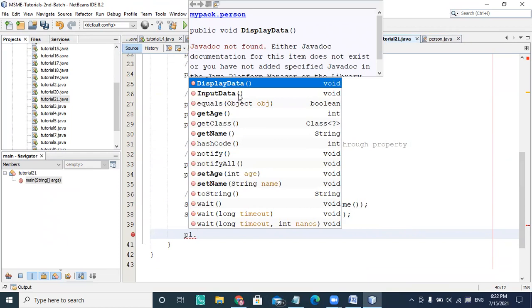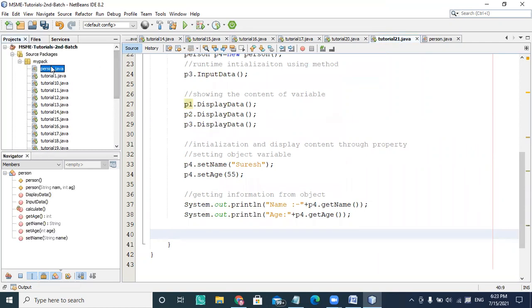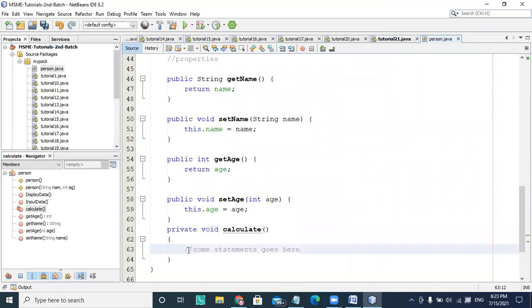Those are the methods belonging to the Person class, but it won't show the calculate method because it is not public. We are doing some processing, and the calculations take place here. It is not directly available, but indirectly you can call it.